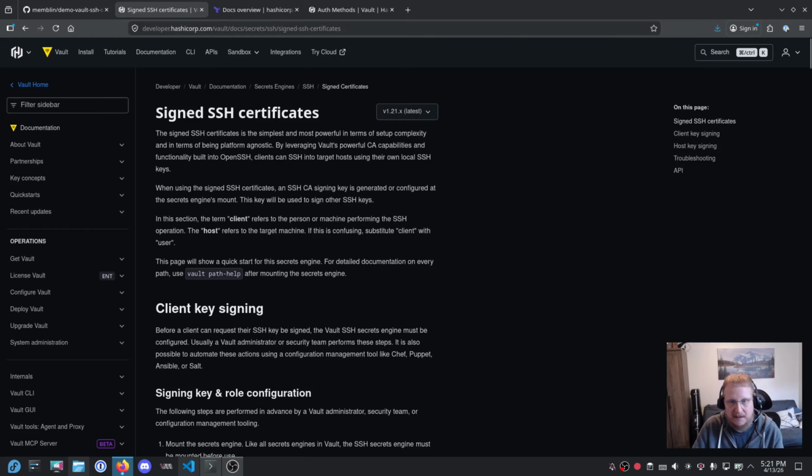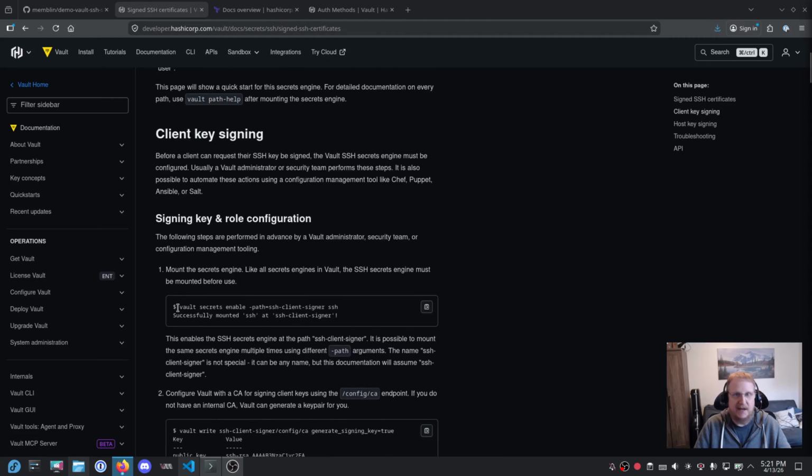Finally, towards the end of it, we're going to explore some Vault policy examples that we can use to affect the permissions that a particular user could request whenever doing the certificate key signing. Let's see here. So this tutorial that HashiCorp Vault has posted is very good. They do a lot of the setup, like vault secrets enable ssh-client-signer,